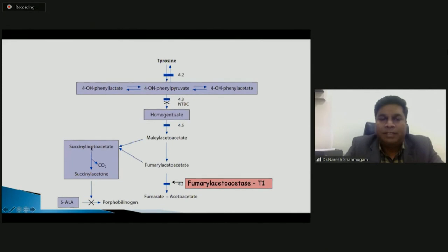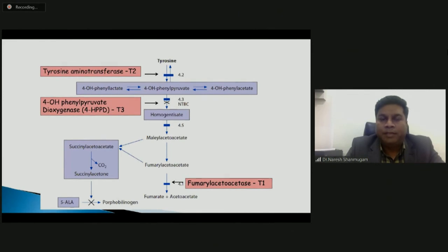You get succinyl acetone formed, which is toxic, which is carcinogenic, causes kidney and liver cancers. And this is type 2 where the enzyme block, type 3 is where this enzyme block. This drug NTBC actually is not a curative drug. It blocks the enzyme pathway slightly higher up, so this toxin is not formed. So NTBC changes your phenotype from type 1 tyrosinemia to type 3 tyrosinemia, where you still have to manage them